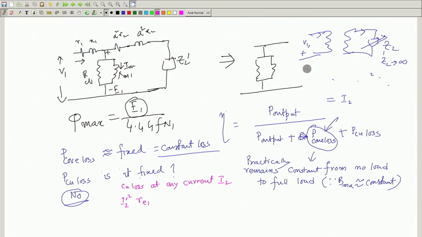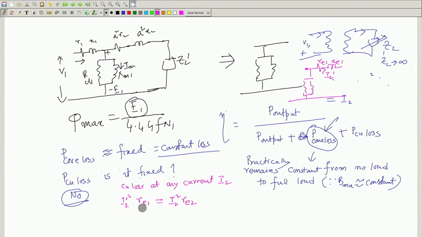The approximate equivalent circuit is this. This current is I2 dashed. Here is the parallel branch. So, I2 dash squared R_e1, which is the same as I2 squared into R_e2. Several ways you can write this, but the point to be noted here